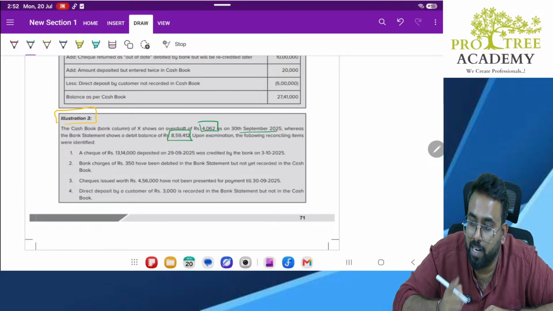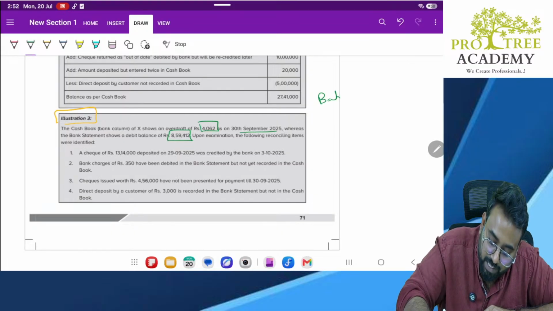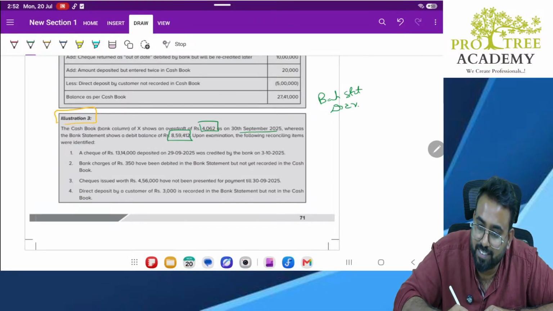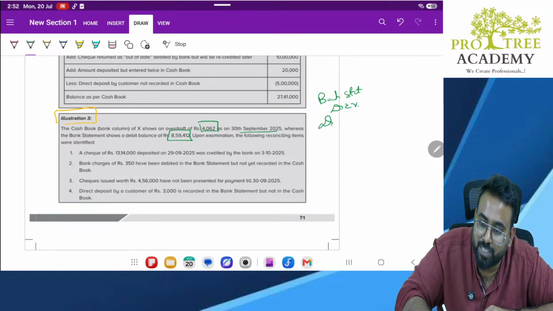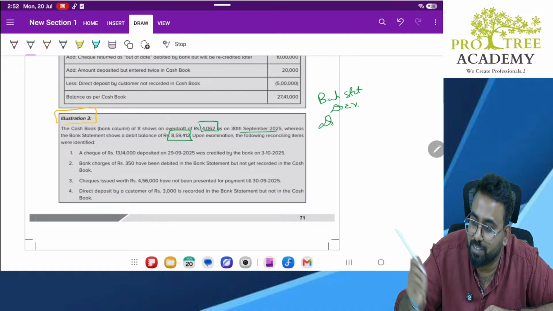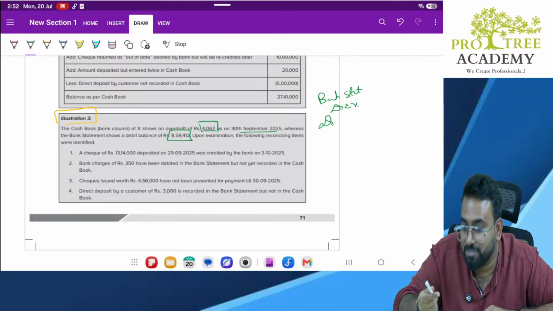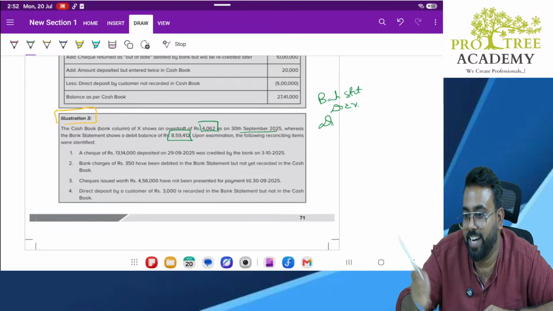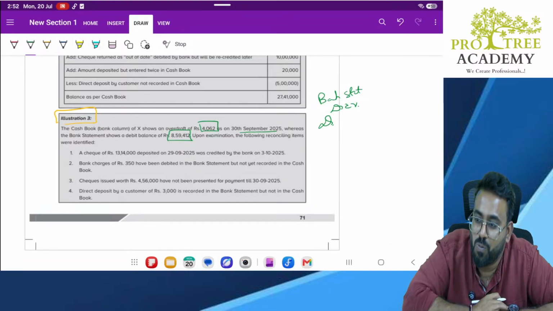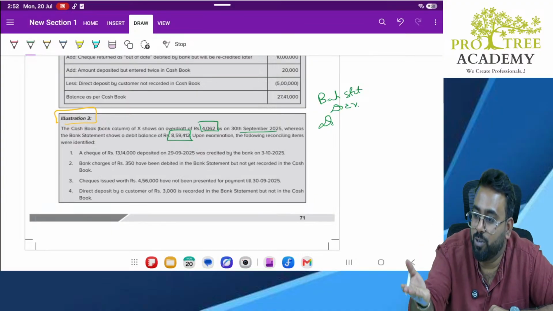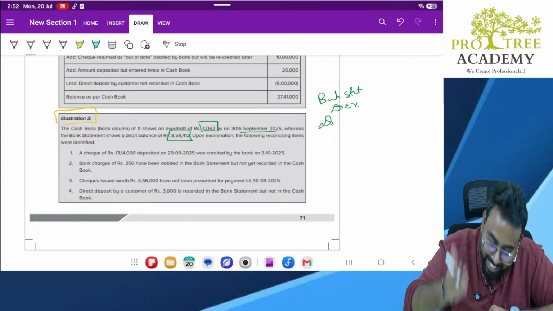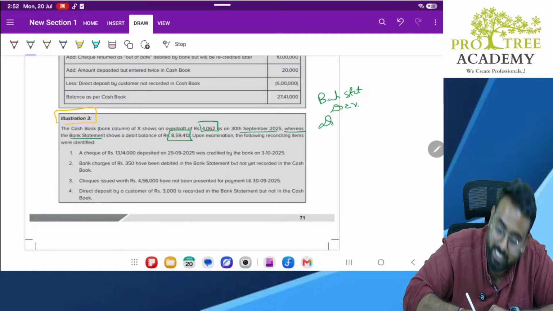Sir, bank is showing debit balance of 8 lakh. Debit means overdraft or positive number? Bank statement will always show which balance, debit or credit balance? I am asking, in my books it is debit balance. What is happening in bank statement? What is the balance they are showing? That means what? He is right. It is overdraft balance, negative balance. They are clearly telling you, you are not reading it. He read it, you didn't read it. They clearly told you, whereas the bank statement